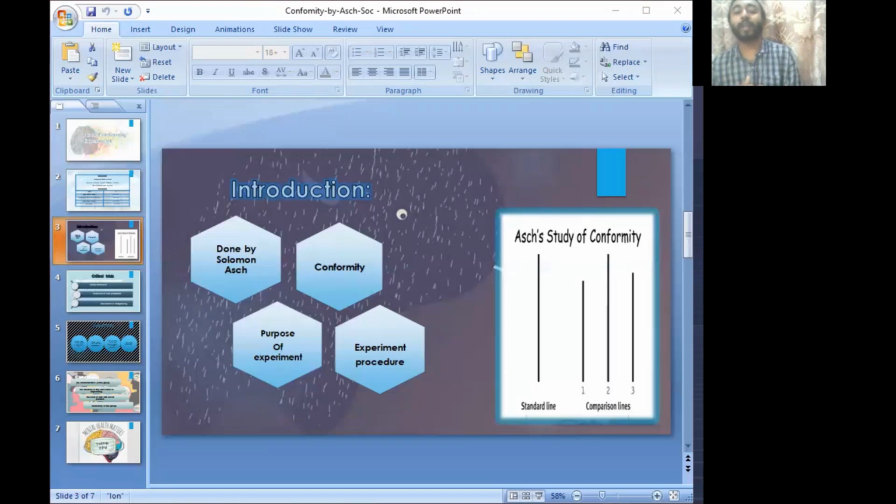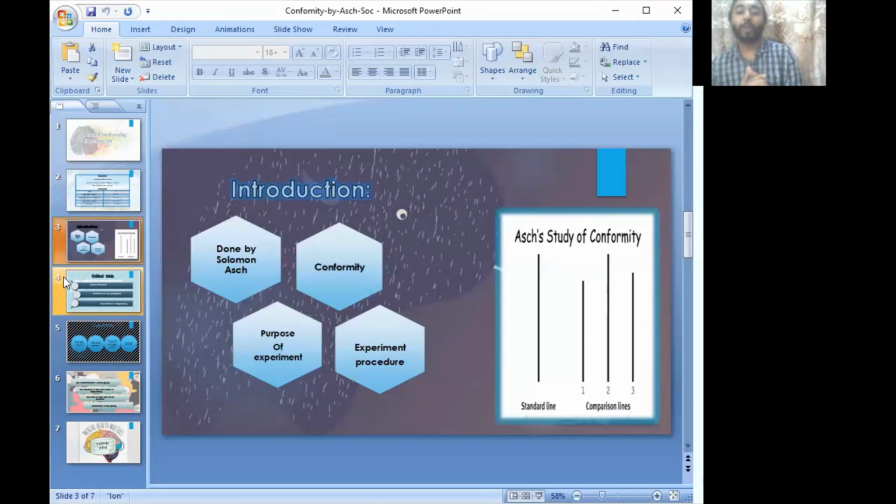There were 18 trials in total. The confederates gave the wrong answer on 12 trials. These 12 trials were called the critical trials. Asch was interested to see if the real participant would conform to the majority view. Asch's experiments also had a control condition where there were no confederates, and he was interested in looking at how pressure from a group could lead people to conform, even when they know the answer is wrong.